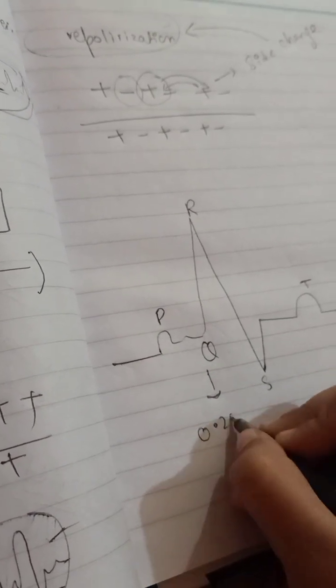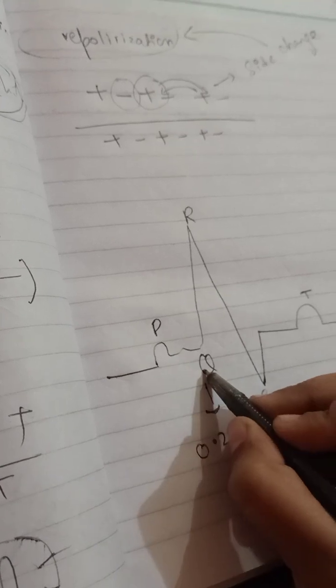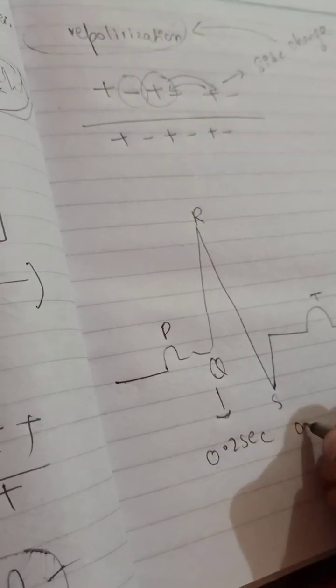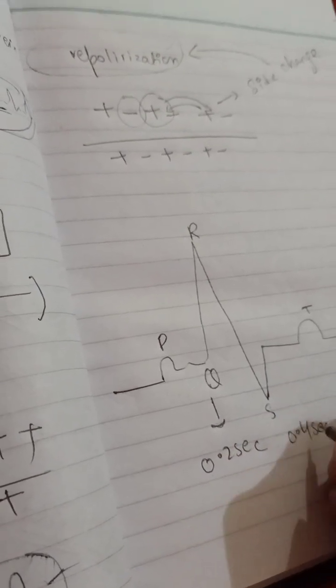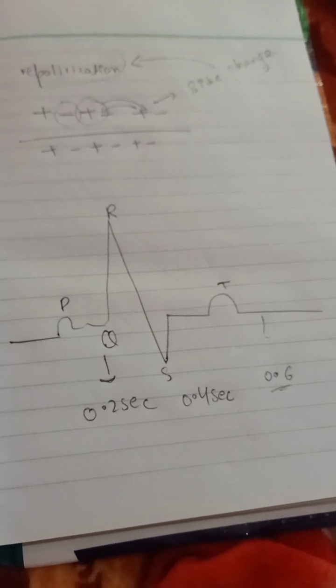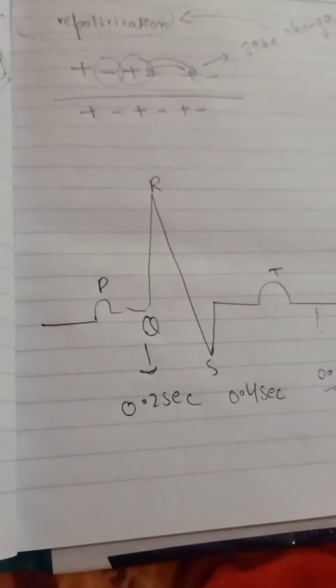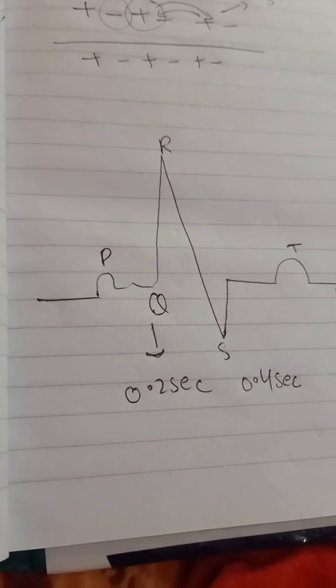If we are talking about the time, the time in the Q is basically 0.2 second, and from Q to the S we are having the distance, that is 0.4 second, and in T we are having 0.6 second. So now you will easily understand how the electrical impulse is generated,